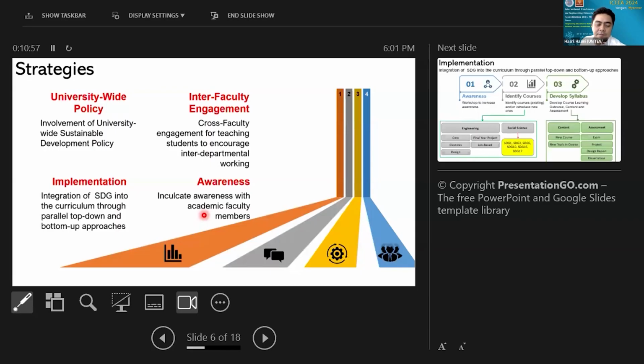They are the ones responsible for delivering the teaching and learning and also doing the assessment. So it has to come together as a team. They have to be aware of what needs to be done for the adoption of SDGs into the curriculum.